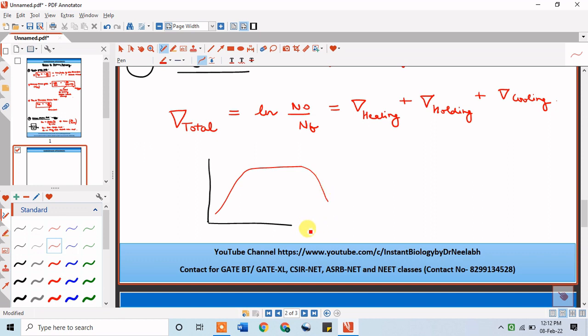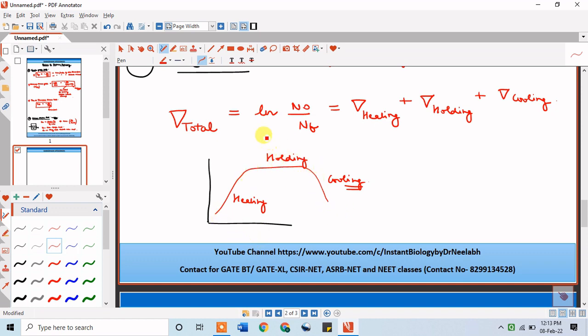So this is what we are talking about, del heating when we are heating, del holding when we are holding. तो ये heating वाला process है, this is the process of heating, this is the process of holding, and this is the process of कूलिंग। सो हीटिंग, होल्डिंग एंड कूलिंग।